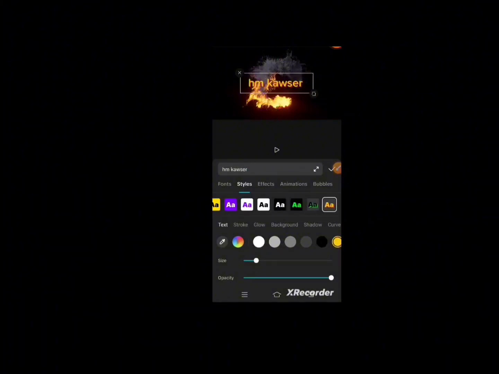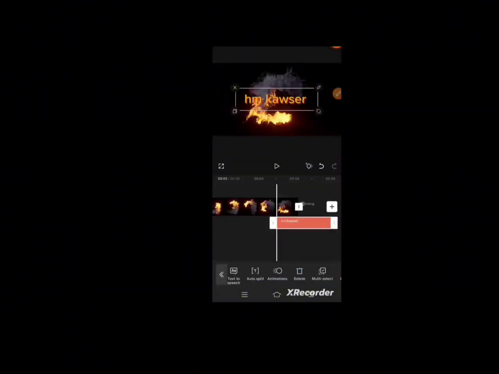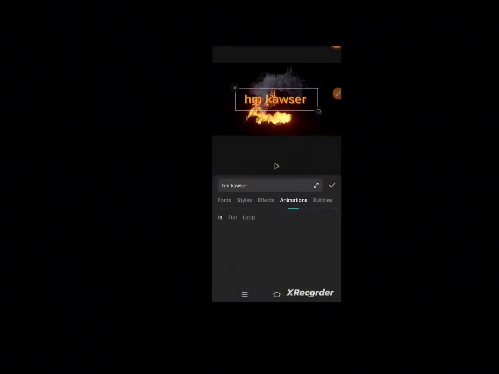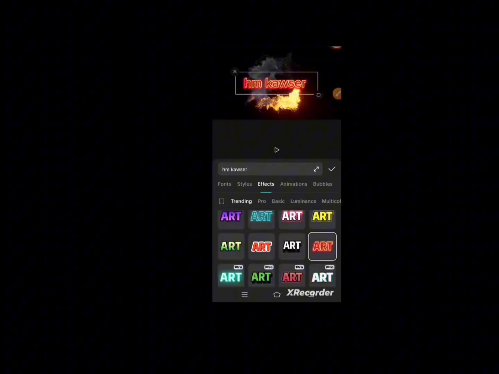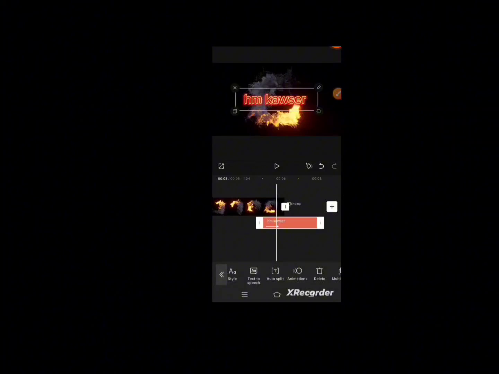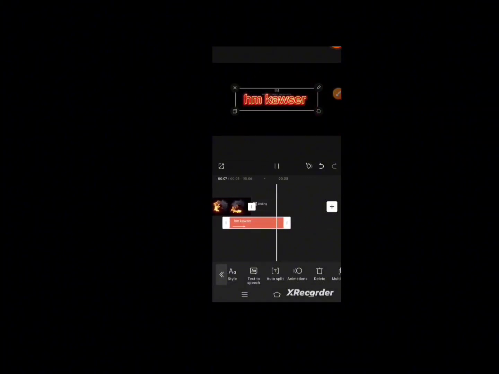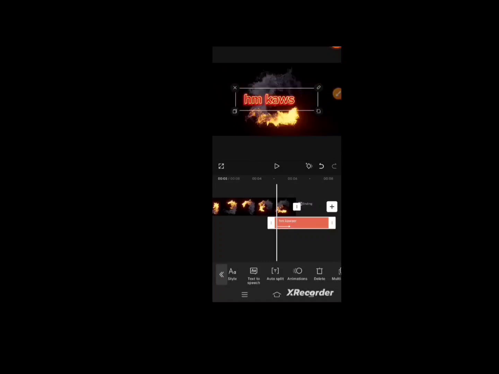I select my name, then go to style. You select any style and any color. I select it, then you go to animation and add whichever animation you want. Select it, and then if you find it,